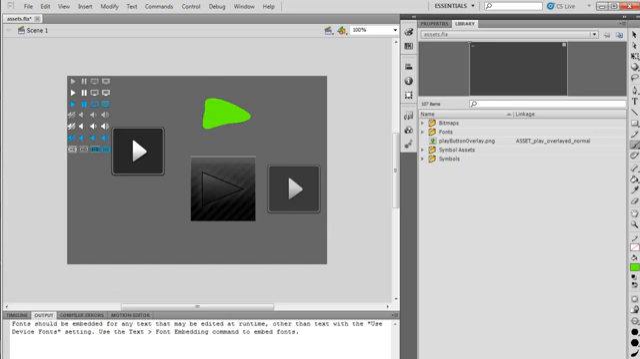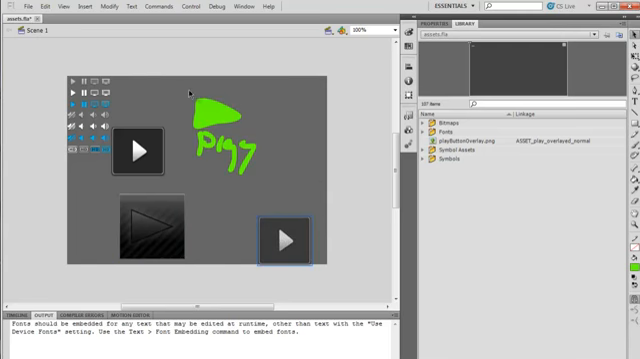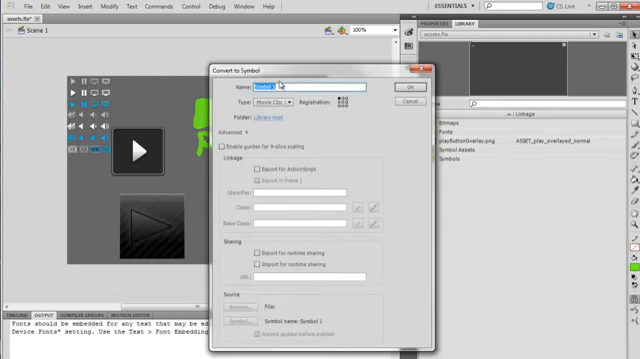And maybe I can write here, play. It looks enough like play, right? All right, so right now these are just shapes. So I'll select it all and hit F8. And I'll just call this play asset